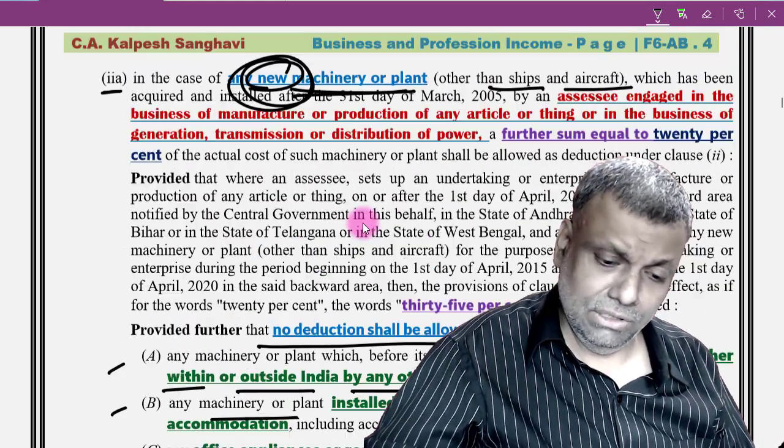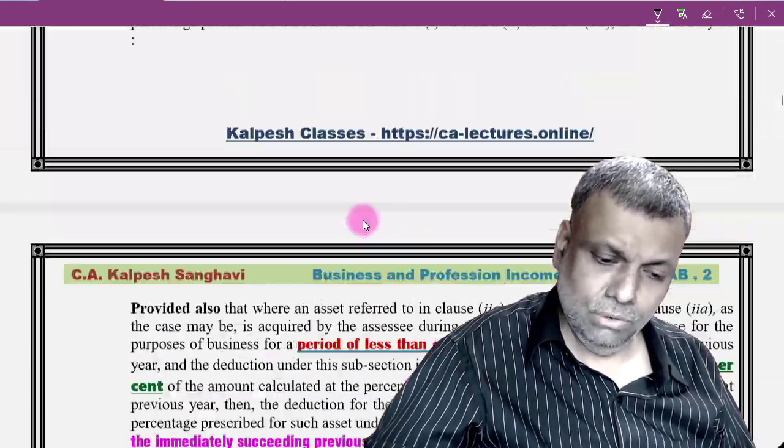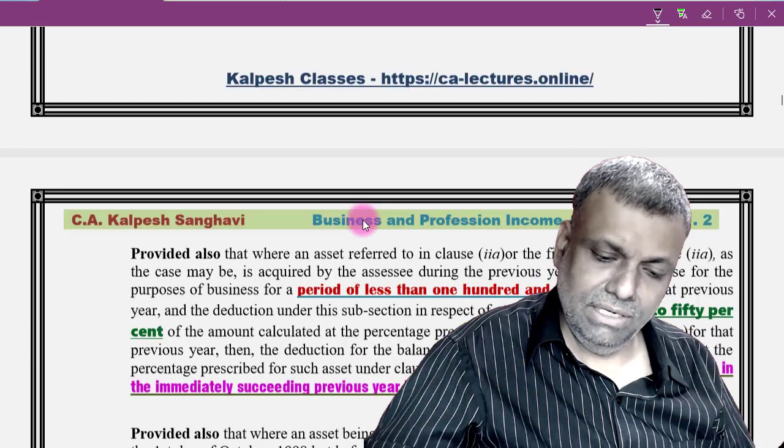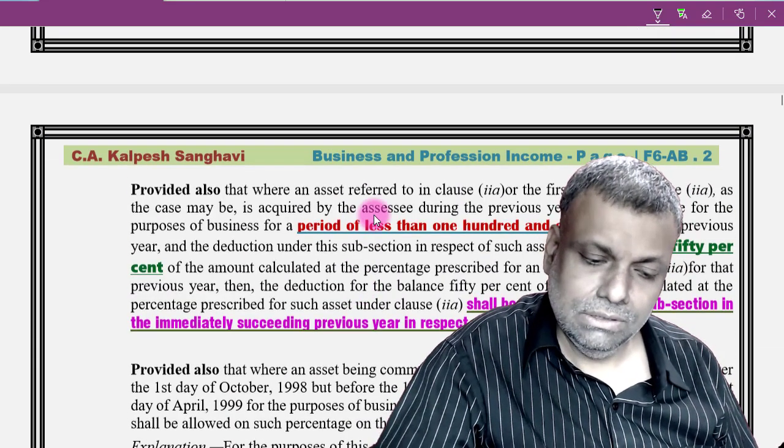You will get it in the next year. And it is covered by this particular provision. I will show you that particular provision very, very clearly. Okay. See, provided that